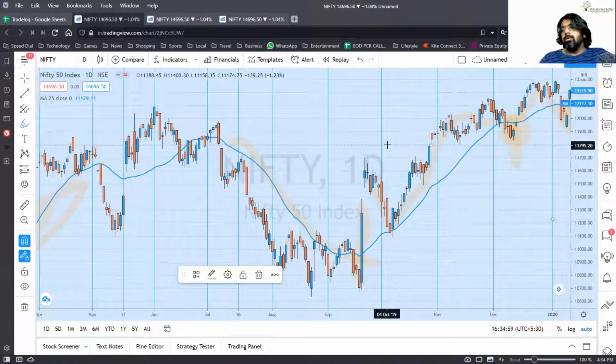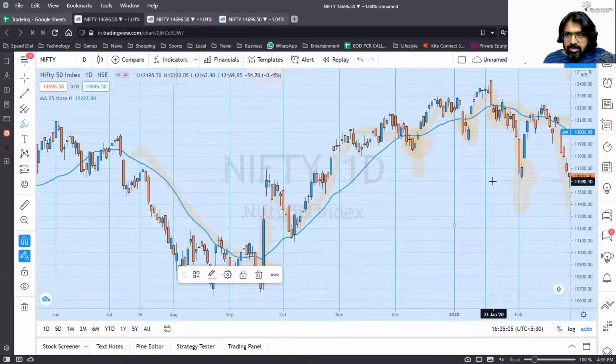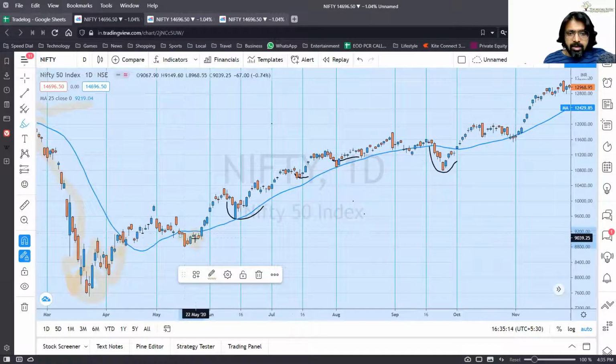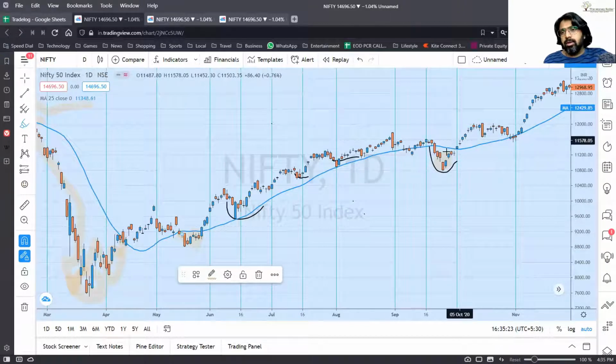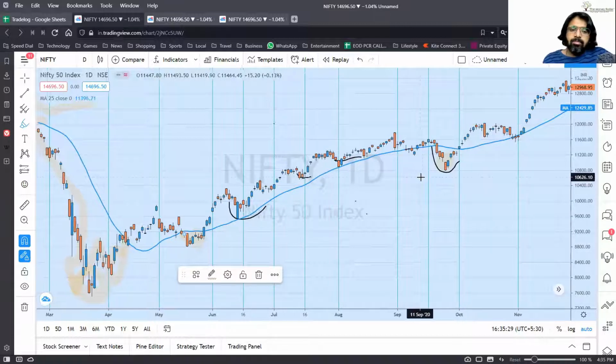Now, we spoke about how to prevent getting trapped in such whipsaws. Even out here you can see a few longer whipsaws like this and this. That is hazardous, you cannot help it, but there are other chart patterns which you use in order to avoid getting trapped. So that was one thing.